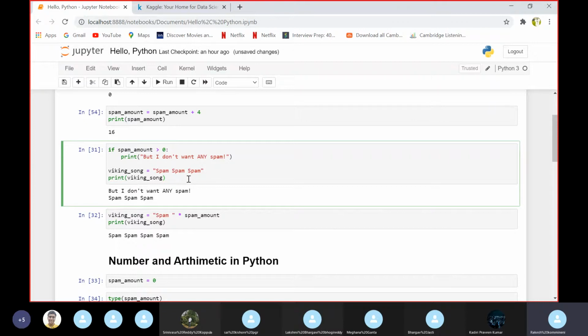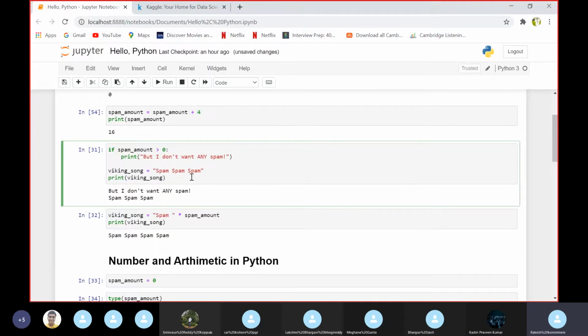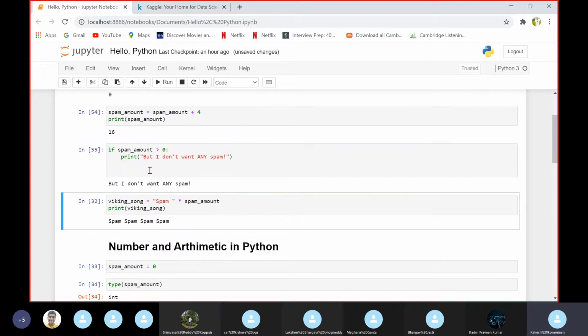Unlike C and Java, we have to concentrate on indentation every time we are using an if or for loop. So you can see this statement is printed here.